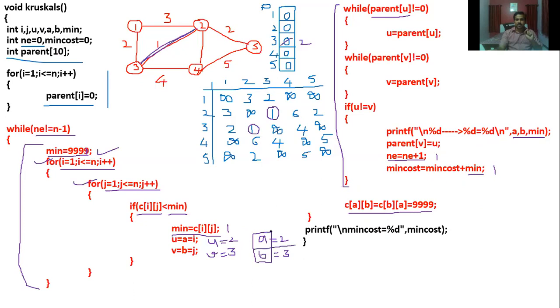Okay. So here in this case, this AB and BA, because it's an undirected graph, the AB and BA values are going to be the same. See this. A is 2, B is 3, 2, 3, and 3, 2. These two should now be infinity, because in the next iteration I should not consider this edge again. I'm supposed to consider the next edge. For that purpose, I'm marking this as infinity. Again, go back to this condition. Number of edges, NE, now it is 1, not equal to n minus 1. Yes, it's true. Minimum 999.